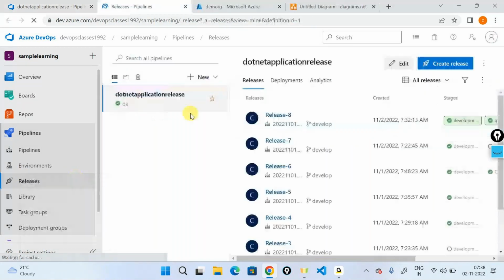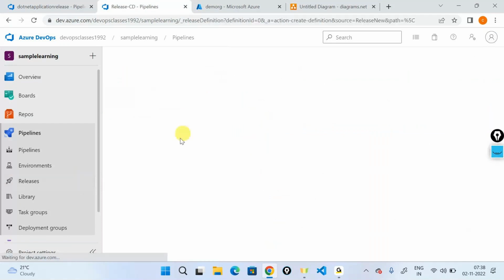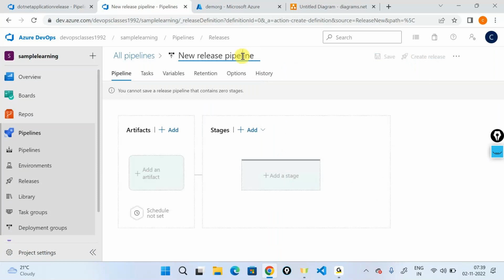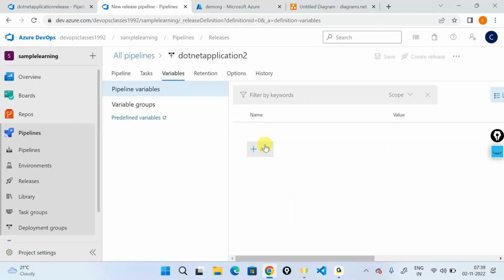Your client is telling you, okay, fine, you have a .NET application. I also have a different application called .NET application 2, probably something like this. And your client is now telling you that in the variables,